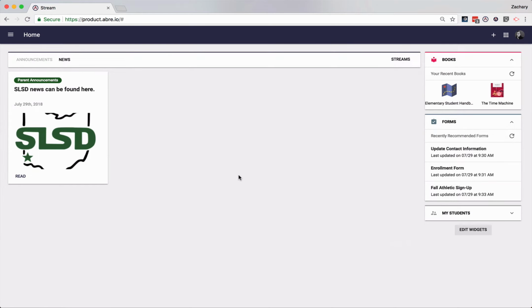And then I'll come in here and I may see information. I might see a parent announcement coming through. I might see a variety of news appearing here. Over here, I'm going to see forms that are recommended to me as a parent. Down here, I'll see students that are assigned to me, and I'll cover that in a second. And over here in books, there might be some things like a handbook or things that are shared with you